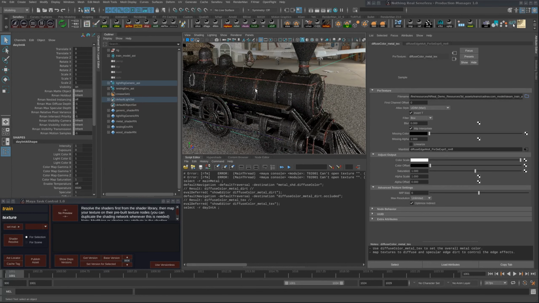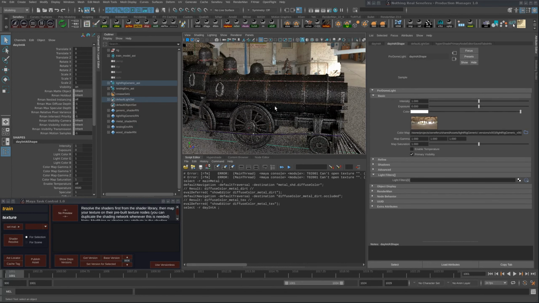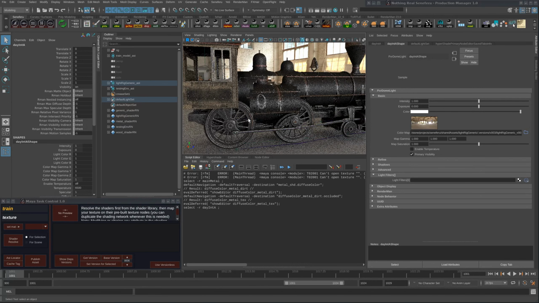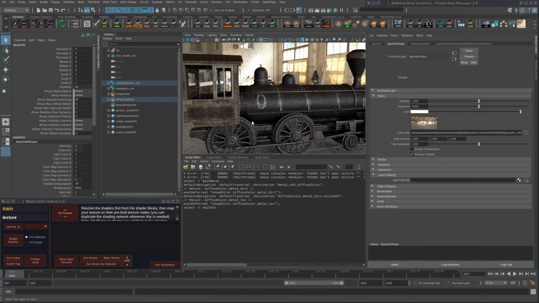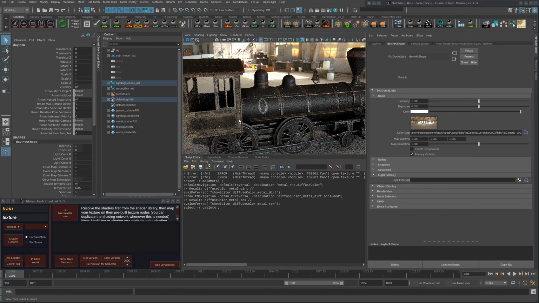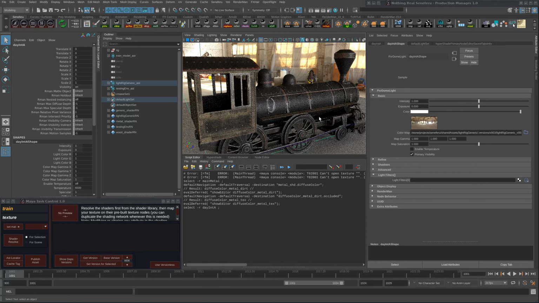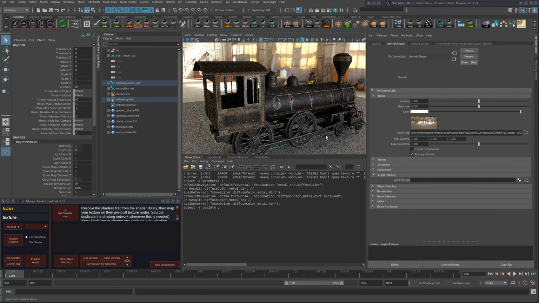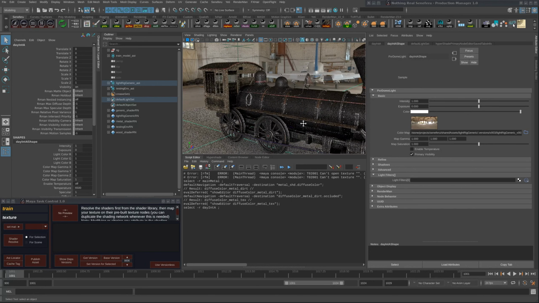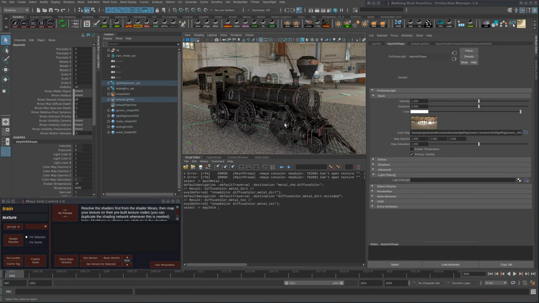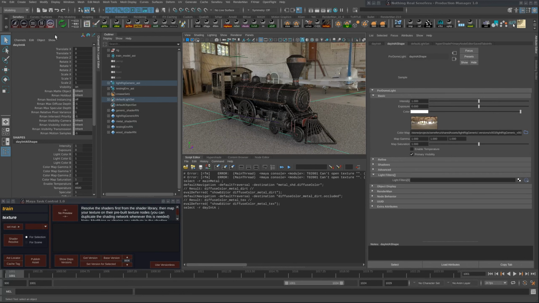If you have any object that needs a different texture, you can duplicate the shading network and assign a different texture, and assign the shader to the object manually in this case, because you are going to duplicate the shading network. Once you are fine with this, maybe you can